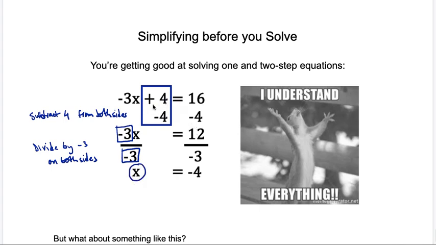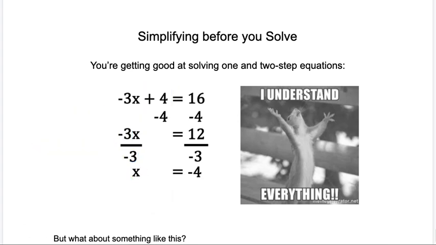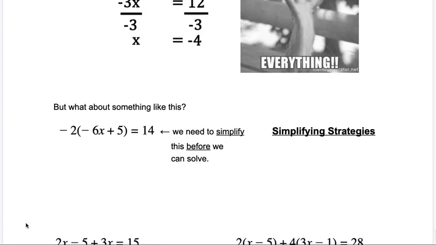So by subtracting 4 from both sides, that took 4 away from the 16, giving us 12. By dividing by negative 3, that divided this 12 by negative 3, and we got our 4. And that's how we worked our way towards that. But what about something a little bit more complex? What if we have